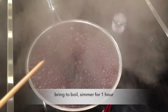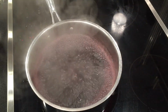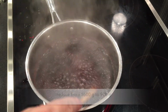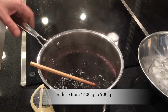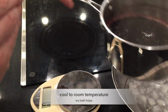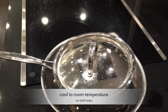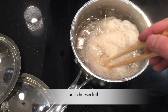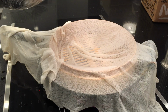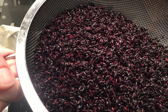So I'm going to boil the liquid that I retained for about an hour and reduce it down. I started with about 1,600 grams. And after an hour of simmering, it had reduced to 900. I wanted to match the amount of rice I used. Since I had 900 grams of rice, I wanted 900 grams of liquid. So there's what it looks like